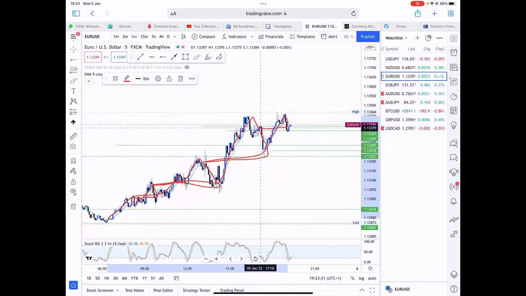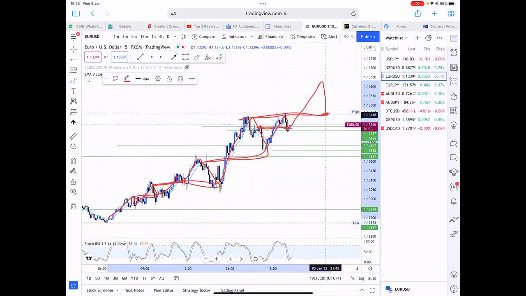It broke out of this resistance. It has come back to retest it. Now what is it doing? It's going to break out, then come back and retest this space. Then what will you do? Wait for it to come back here. But you must first see a big spread up. If you don't see that spread up, ignore the market. You must see that spread up here. Then you buy the retest.